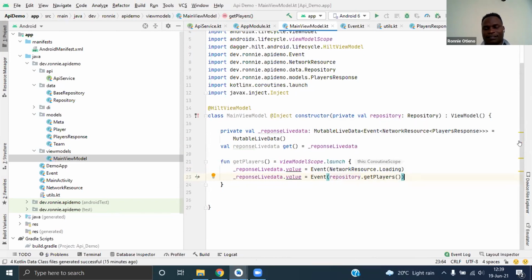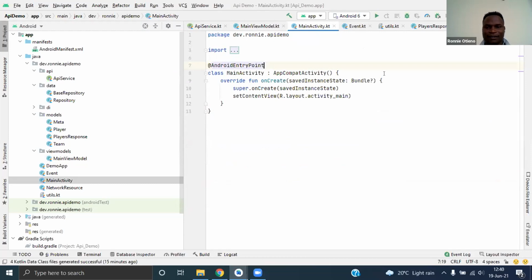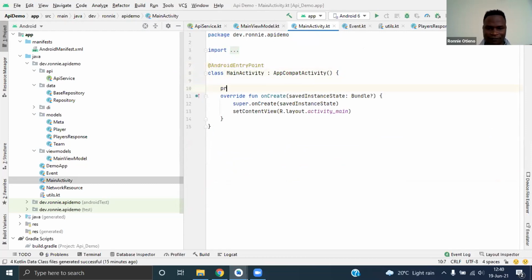Yeah, that's perfect. Now in our main activity, we need to have that viewModel.